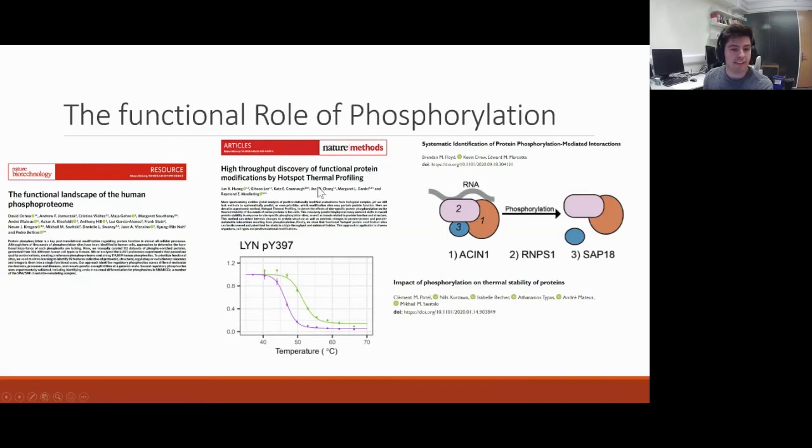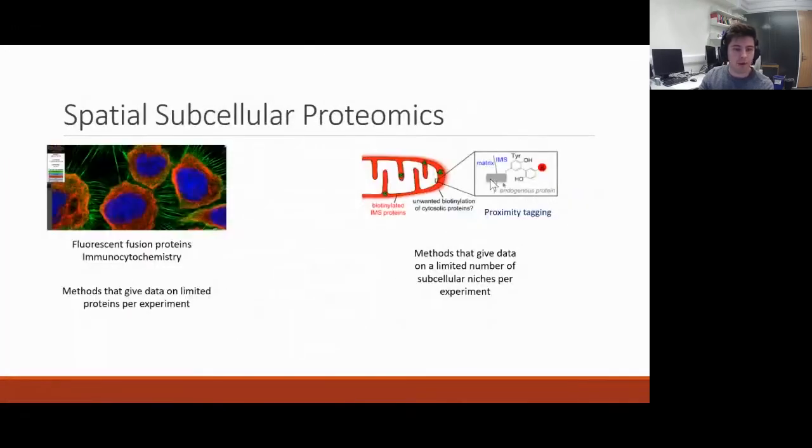Several groups simultaneously have shown that certain phosphorylations can affect the thermal stability, so increase or decrease the melting temperature of a protein. And other groups have shown that phosphorylation can also mediate protein-protein interactions, so that an interaction can only take place in a phosphorylated state. They pointed out this is particularly common for RNA binding complexes. But I want to talk to you about